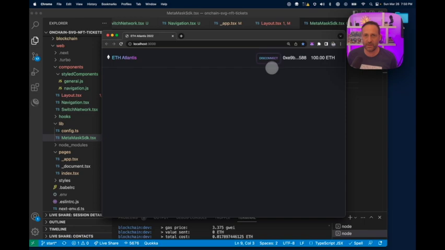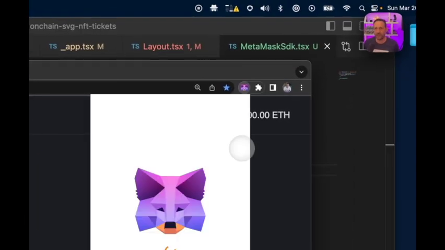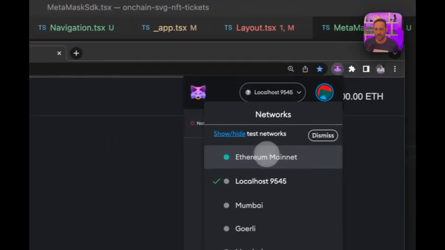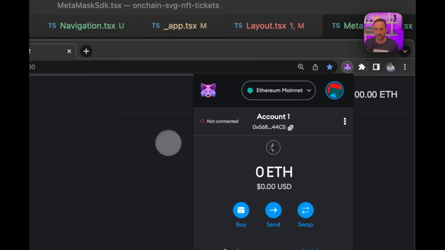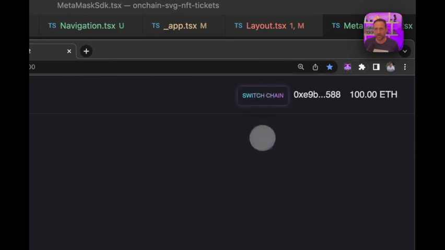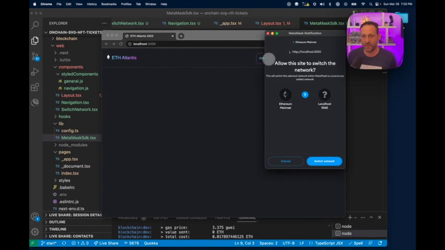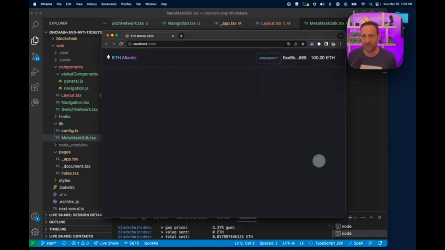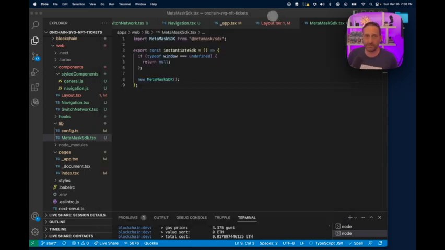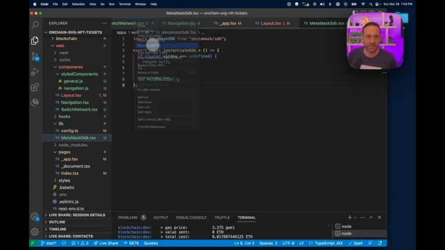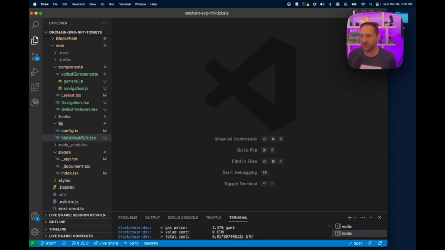minting page. Looks like everything is working here. Let's go ahead and check if we go to the wrong chain before we start adding our tickets. So now we get switch chain here because we went to the Ethereum chain, and it'll switch us right back to localhost, and now we're good to go. All right, so it looks like everything is working in the navigation. And we're just going to go ahead and close all these pages real quick, and